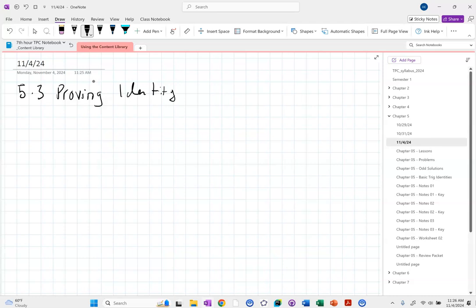Now, all of you having post-traumatic reactions to your geometry experience, have no fear. The proof that we're going to be asking you to do for these identities is not the same as the two-column proof that you did for geometry. In fact, this will not be significantly different than the simplifying that we did in the previous lesson. And in fact, it'll be almost easier than the simplifying we did in a previous lesson,